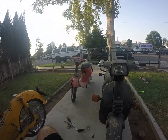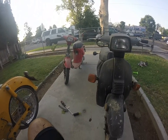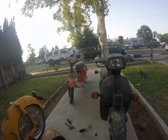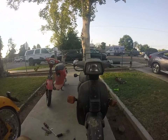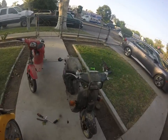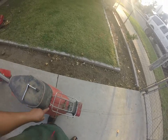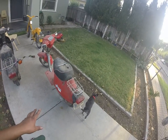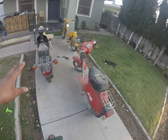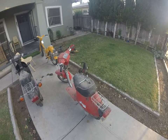I want to start looking up some part numbers and ordering it online, get those shipped and delivered as soon as possible, start stripping these bikes apart and start working on them. Like, I already got a 10mm. It's my hand right here. I'm gonna start taking off these covers, see how similar these motors are, because I know this one doesn't have a kickstand. See if they're the exact carburetors or different years for different carburetors. Like I think there's this little switch where you could put on,